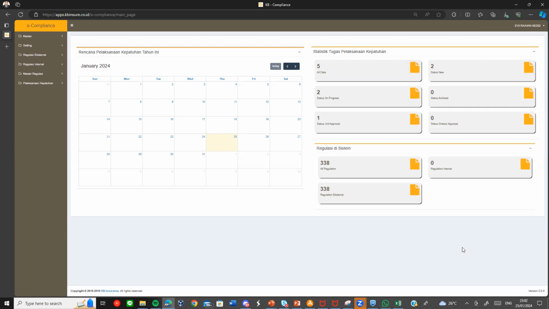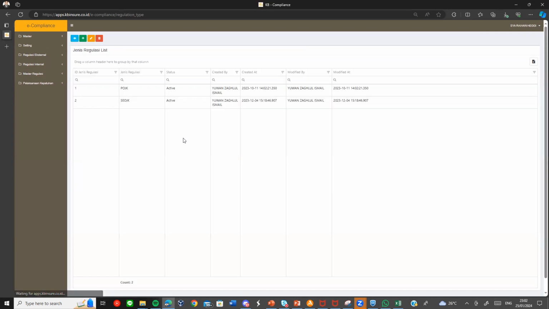database or checking plan. First of all, we need to make sure we have the regulation master. There are two submenus there, the type and the risk of regulation. The type regulation will be the external source of the regulation type. For example, the POJK or the SEOJK, this is actually inserted by the compliance officer, and the next thing is the race or the group of the regulation.